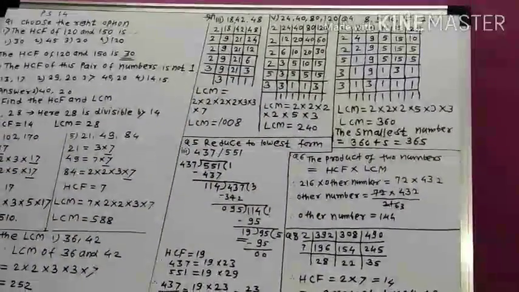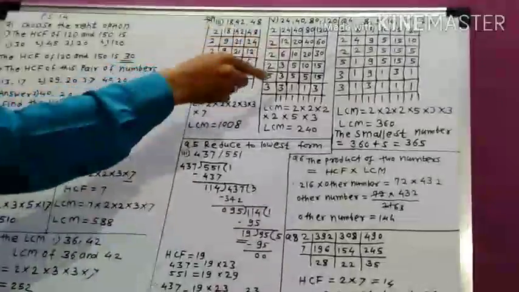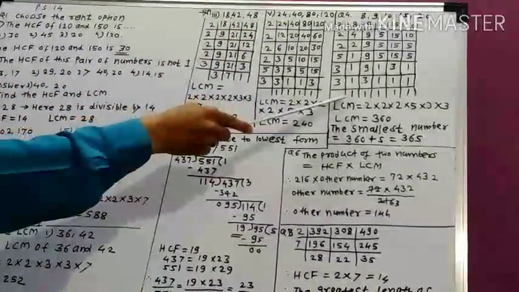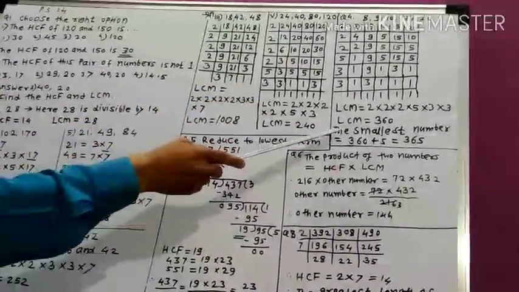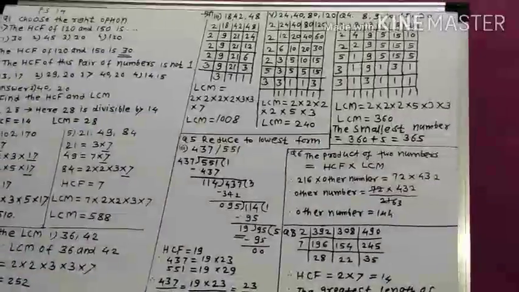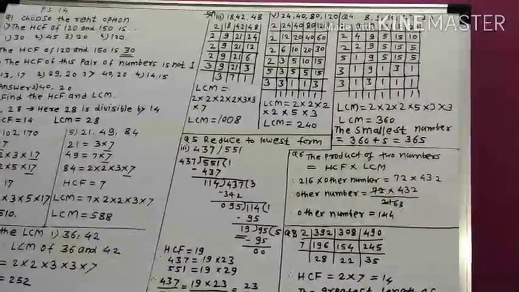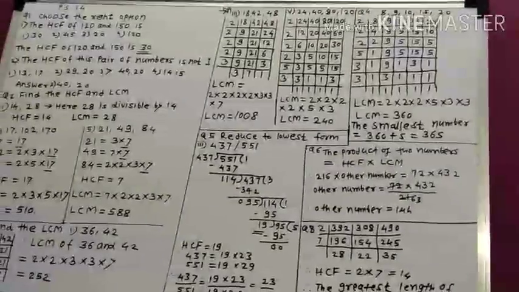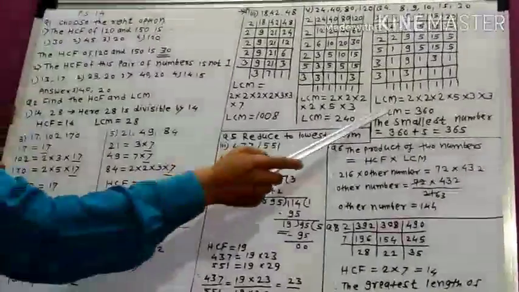To find the LCM, take the product of all these prime factors. And the product of all these prime factors is 360. Therefore, to find the smallest number we have to find, this LCM is